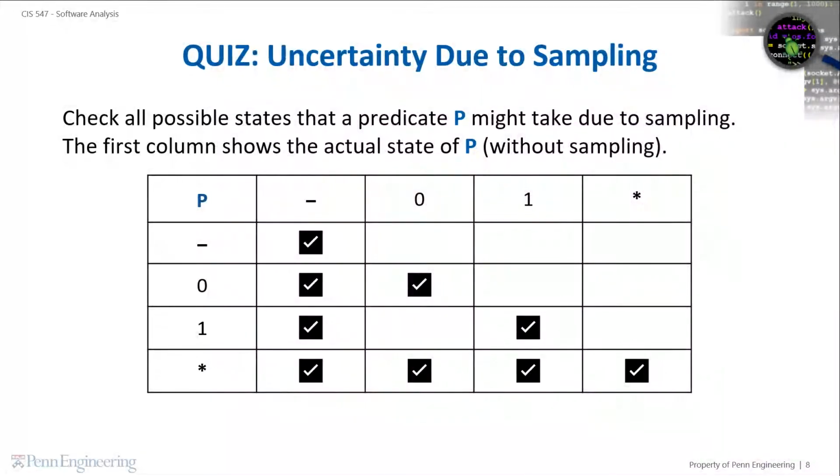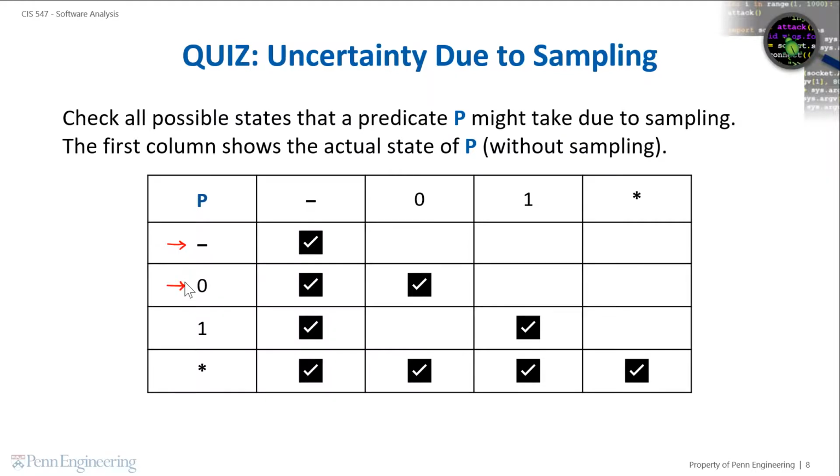Let's review the solution. If P's actual state is dash, then we never observe P during the run. Because sampling only removes observations, after sampling we'll still have no observations of P. Therefore, P's state after sampling must still be dash. If P's actual state is 0, then